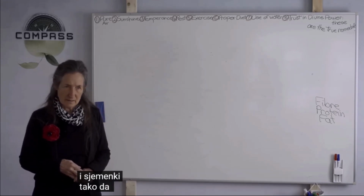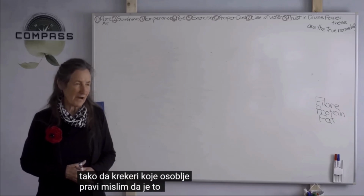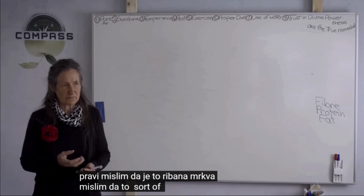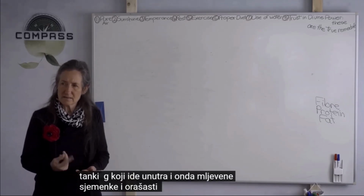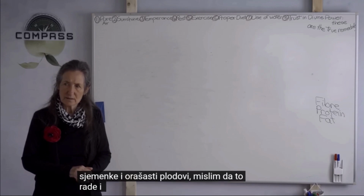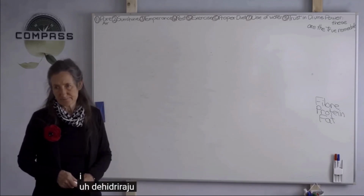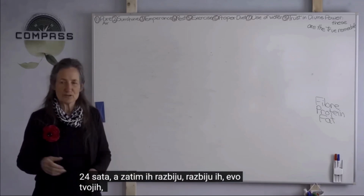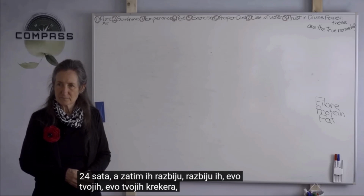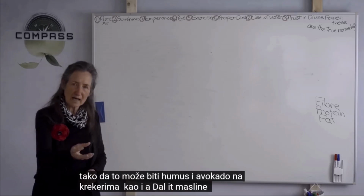So the crackers that the staff make, I think it's grated carrot. I think that's sort of the main thing that goes in there. And then ground seeds and nuts. I think that's what they do. And they spread it out onto sheets and dehydrate it for 24 hours, and then they crack them open. There's your crackers. So it can be hummus and avocado on crackers, as well as a dal,